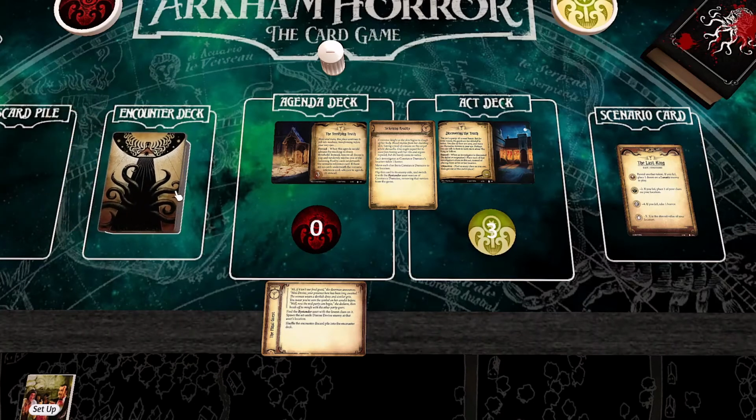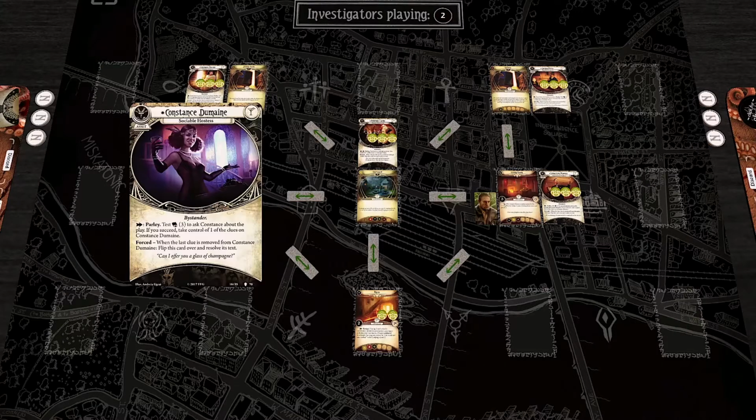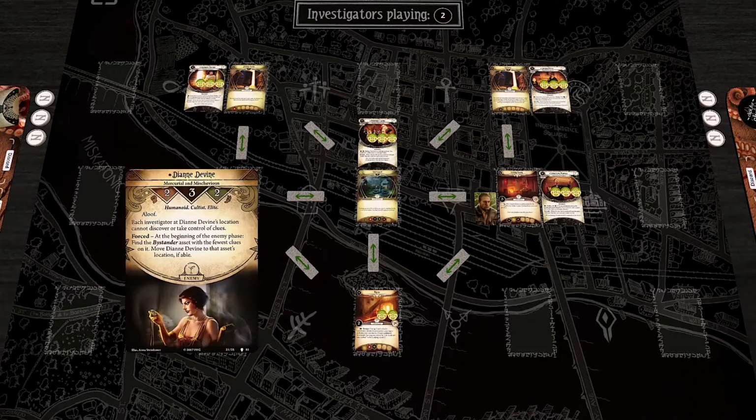That's a bummer about the Ancient Evils. Well, at the very least, she does get to spawn with Constance here, so we get 1 turn of...